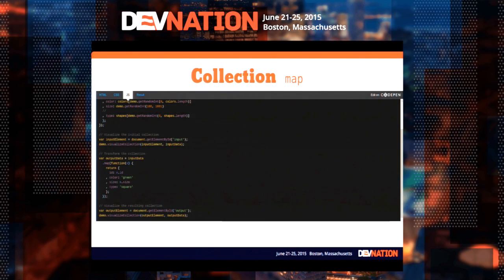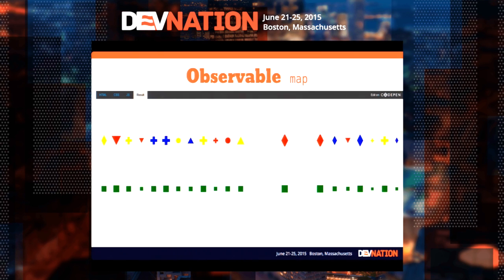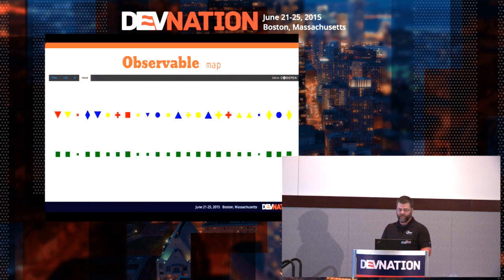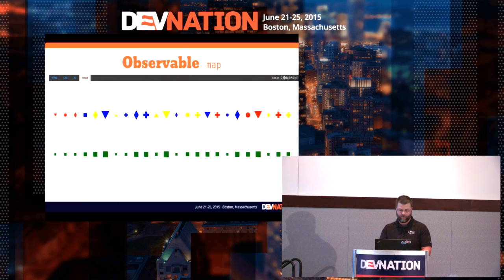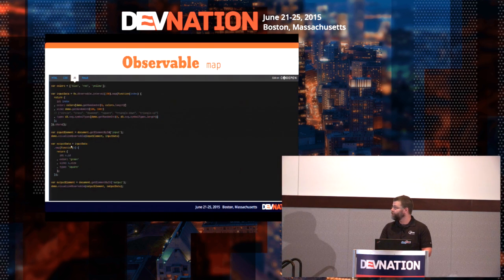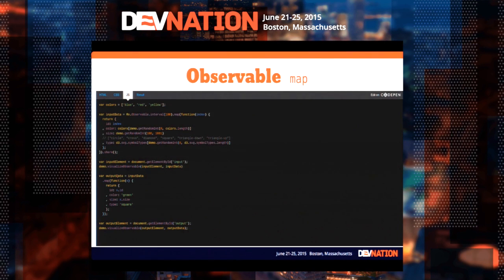when we get to the observable. So with the observable, we have a stream of objects, similarly shapes of different colors and size, and we're going to map them into green squares of corresponding size. And if we look at the JavaScript code here, we can see exactly the same mapping function. The output data is the input data where we map on it. We take a reference to the object. We return a new object of color green and type square. Exactly the same code, same map function. So this, to me, is the compelling